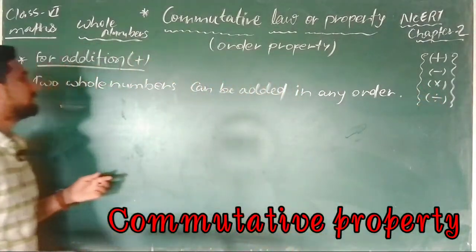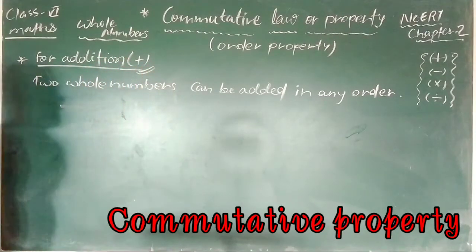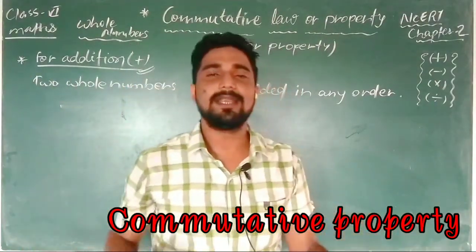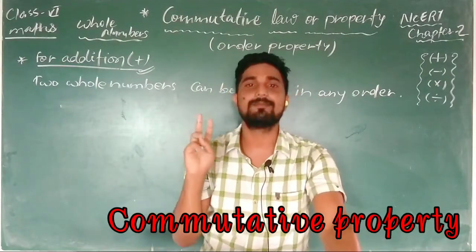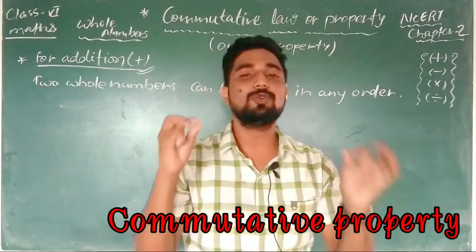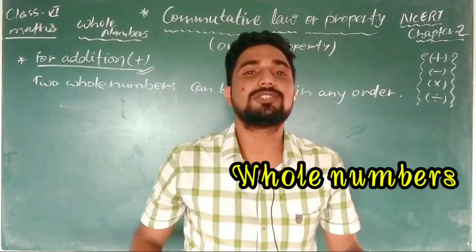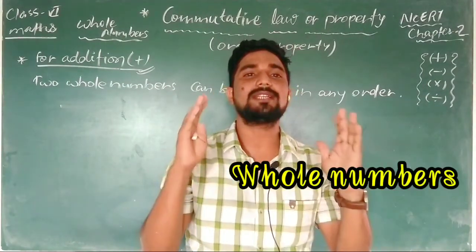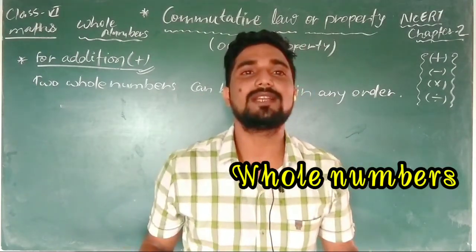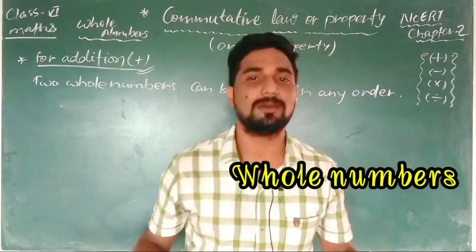So the first operation I will check is addition. It is written here, we can see. Let me first tell you exactly what the property is and why it is called the order property. It is said for any two whole numbers, I must repeat this so you understand it properly. You select any two whole numbers, and this property says that if you change the order of the whole numbers, the result remains constant. I mean to say the result remains fixed, if you change the order of the whole numbers.